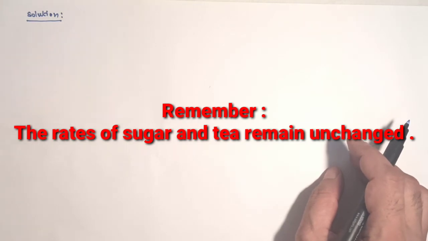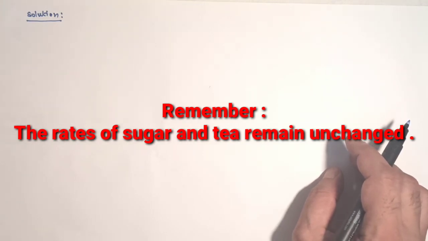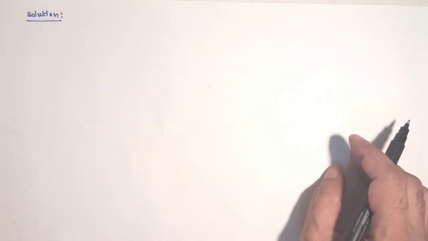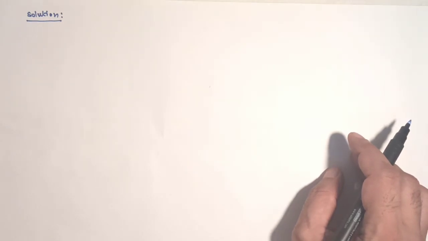In this question, first of all you have to understand that the rates remain unchanged, whether she is buying online or she is going personally and getting it from the shop. What are the unknowns? The question is, find the rate of sugar and tea per kg. My dear students, always whatever is not given to you becomes your variables.